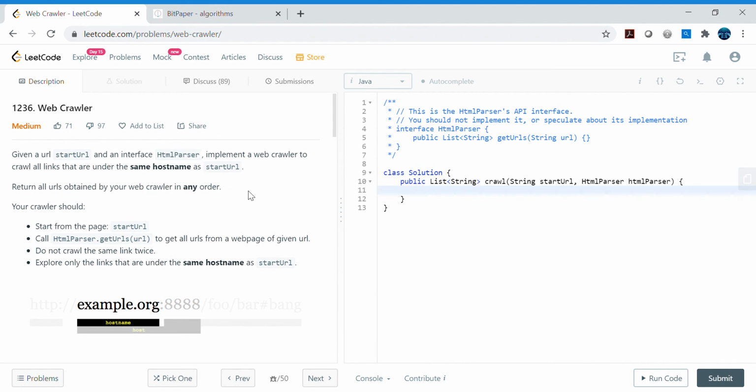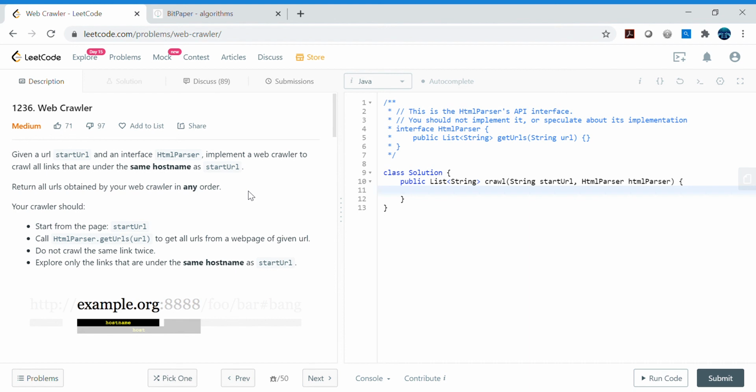So very quickly, what is a web crawler and what does it do? A web crawler is a software component, or software program itself, that gets used by almost all search engines.